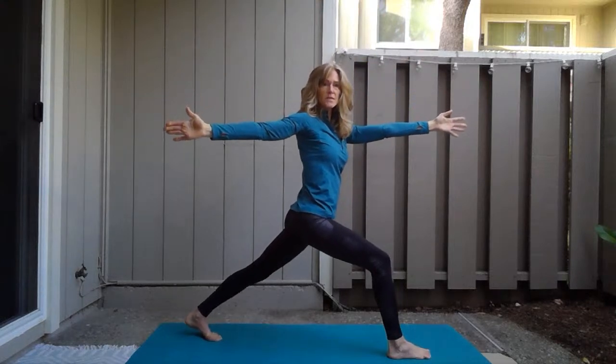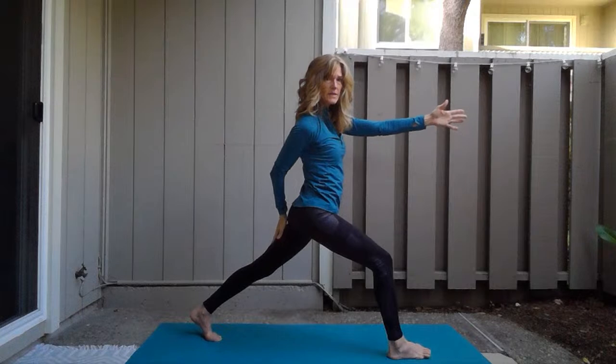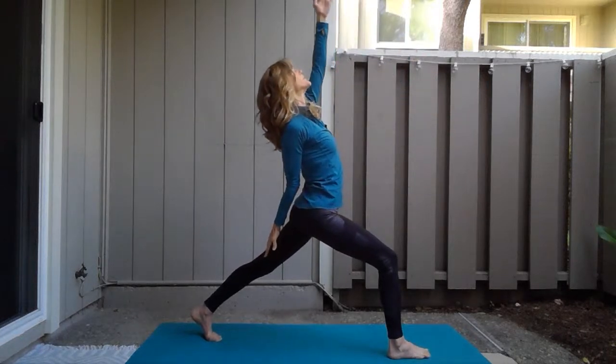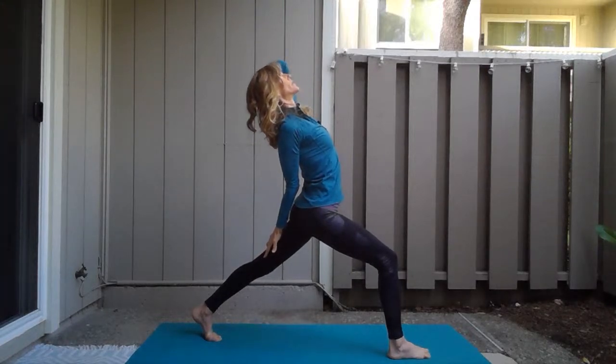So now we're in a twisting high crescent lunge. I'm going to take the right arm behind. Hold it here at the waist. Or alternatively, take the hand to the thigh. And then reach the left arm up. Bend at the elbow, hand behind the head. And press back. Open. Ooh, 3